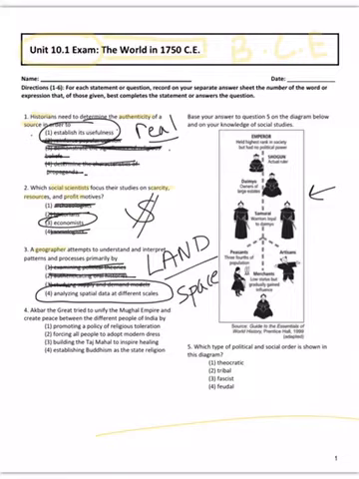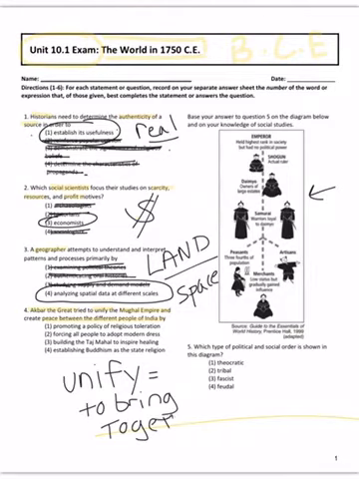Okay. Number 4. Akbar the Great tried to unify the Mughal Empire and create peace between the different people of India by. This is a difficult question because I don't know anything about Akbar the Great. But what I'm going to do here is try to look at the words I do know. I have the word unify, and unify means to bring together. So now I'm going to try to solve this question just by knowing the definition of this word unify. So unify and create peace.